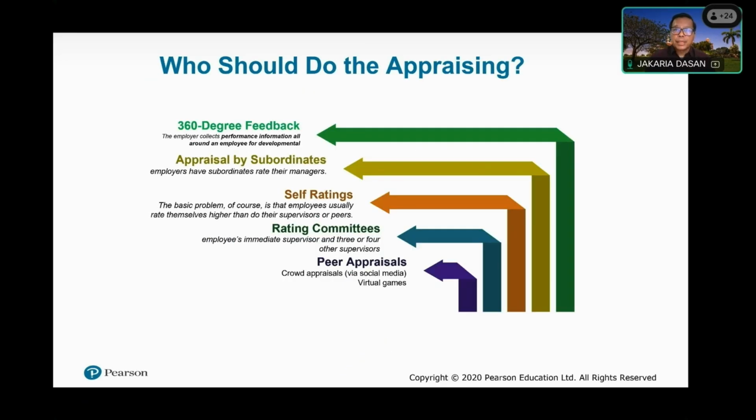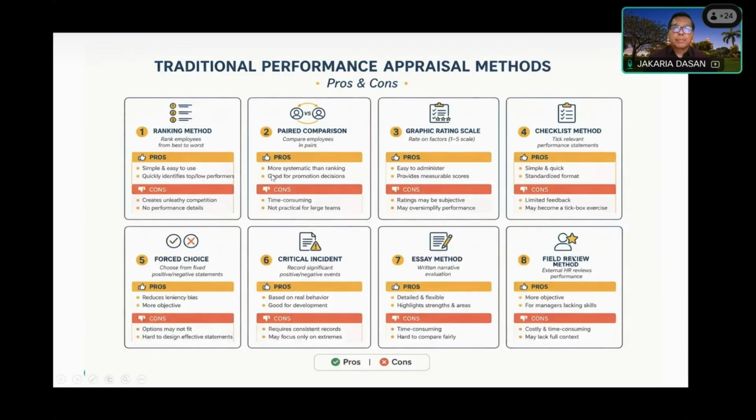These are some of the methods of appraising. The techniques: ranking method, plate comparison, graphic rating, checklist method. The ranking method ni, let's say you have one position to offer, but you have 4 candidates. So which one should be promoted? Out of these 4, you need to choose one. So what happens is they do the ranking method. Based on particular criteria, they place the weightage. So at the end, the weightage will put candidate A number 1, candidate B, and so on.